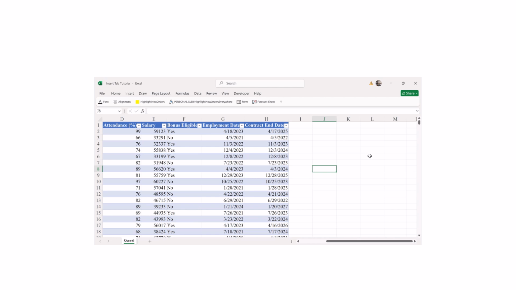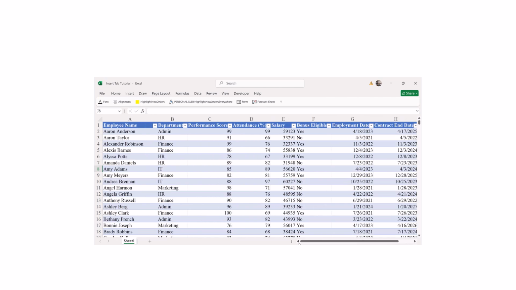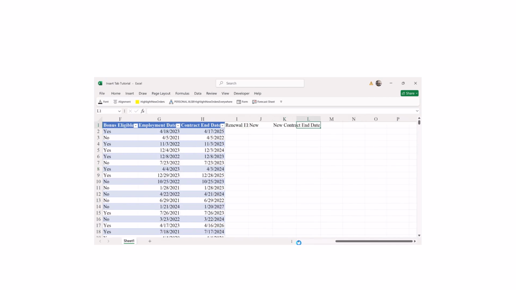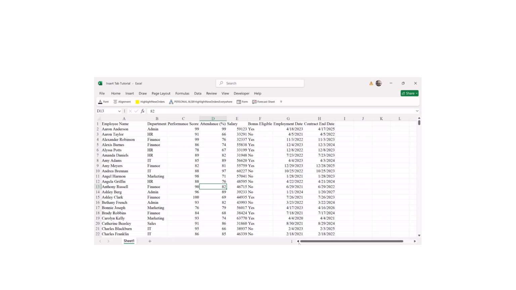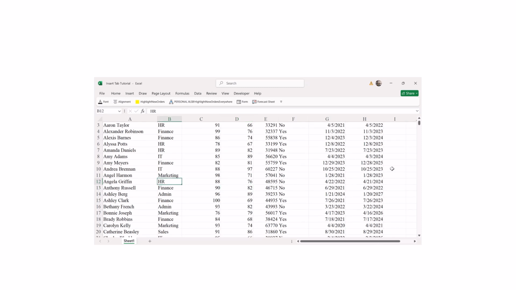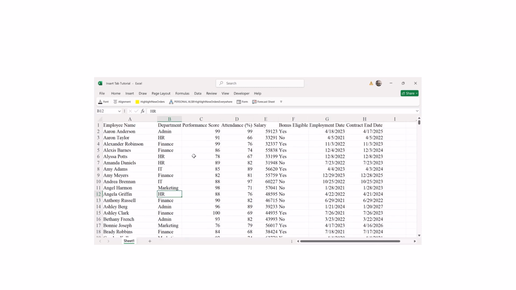But again, this was a shortcut. I was trying to show you some shortcuts. Let's again do Control Z to have our data without a table. You can see this is the rough data that we are using. Now let's try to use the wrong way of adding a table. Again,